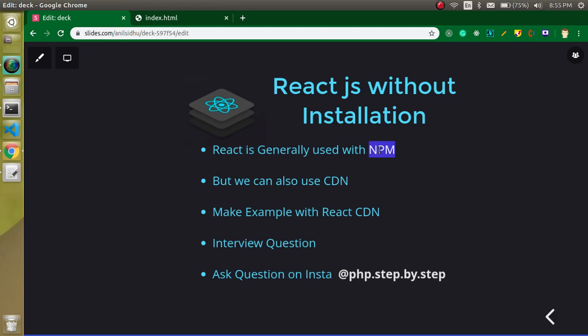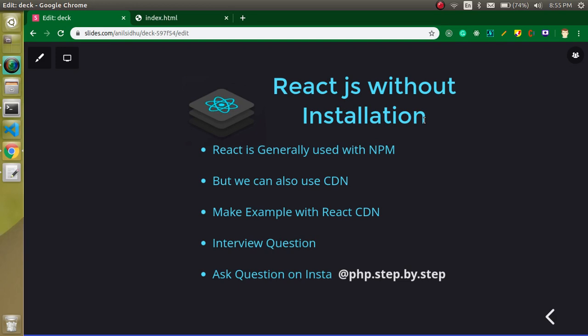So why am I telling you that you don't need to install anything for learning React.js? Because this is basically for the beginners and the freshers who are just starting to learn React.js, right? They face many problems, like they don't understand how to install Node, how to use npm and much more stuff. They just want a simple thing so that they can learn React, and this video is for them.